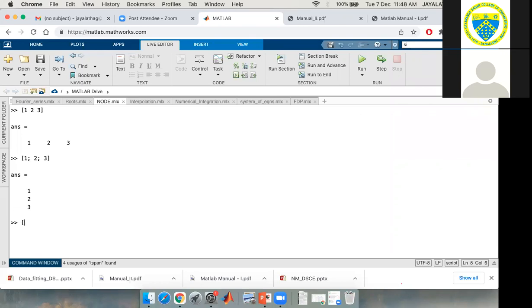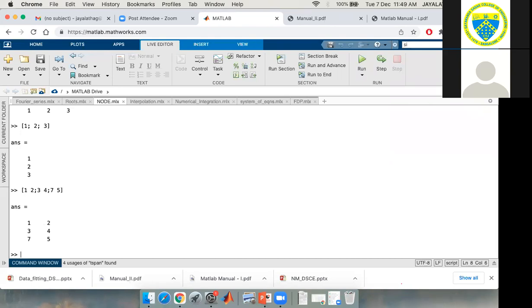Array is nothing but arrangement of elements in rows and columns, right? So if I want, say, 1 space 2, 3 space 4, 7 space 5, it has returned me how many rows are there?